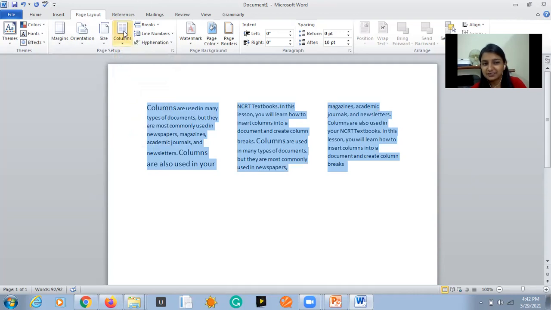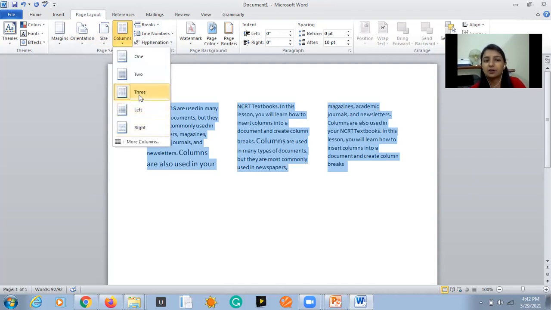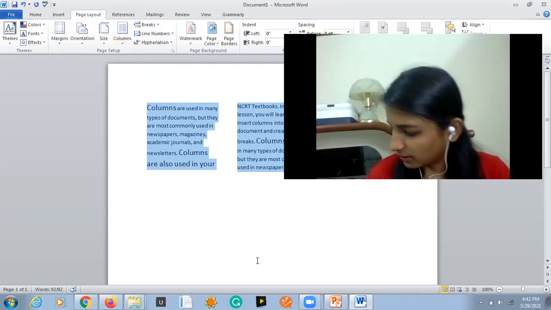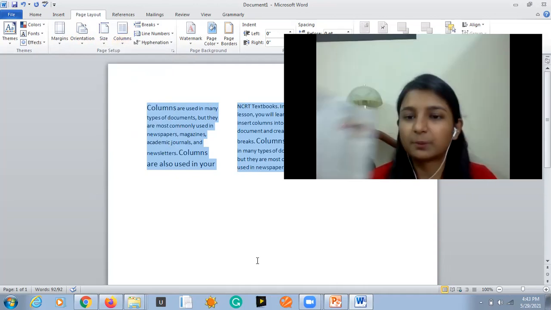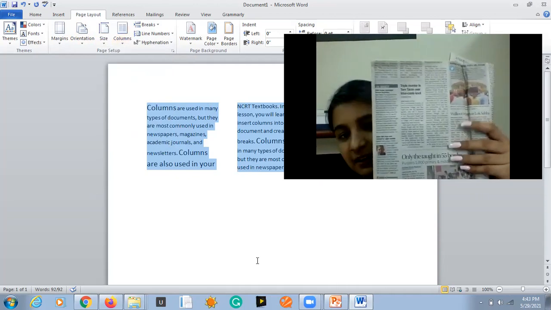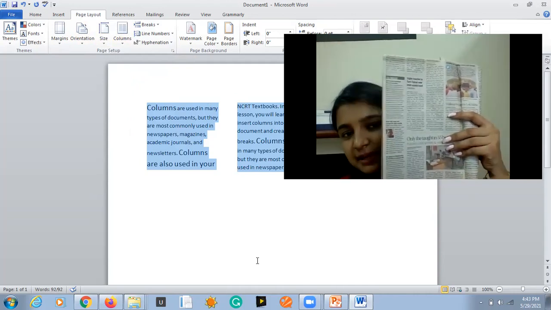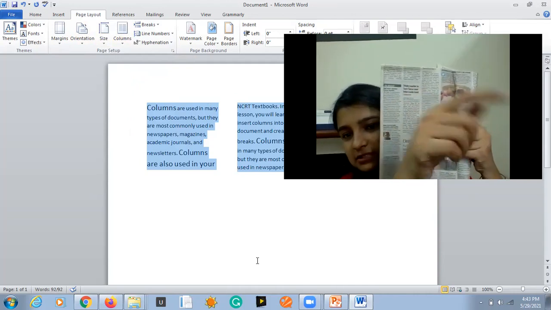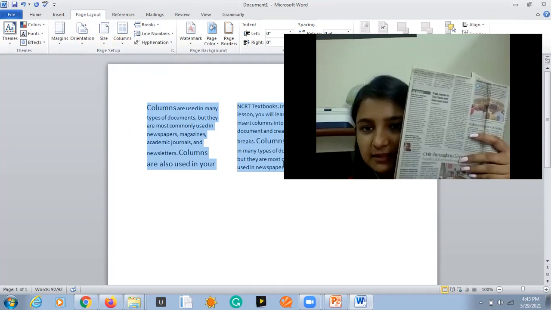Haven't you noticed the 3 columns now? This is what the column 3 option says. Okay, so it was quite easy, and also we can divide them in the section. If I show you here on the magazine or on the newspaper as well, you can see that haven't we received this same kind of result the way you are watching on the screen, isn't it?